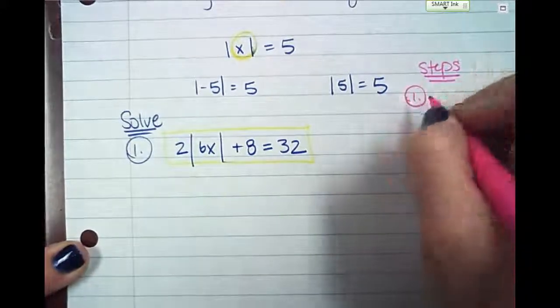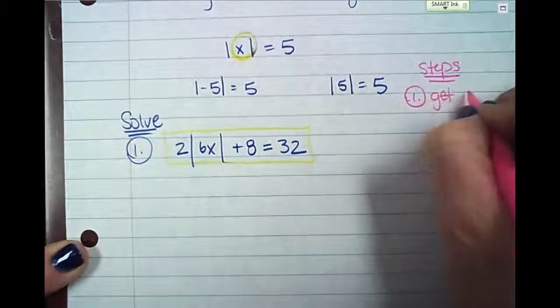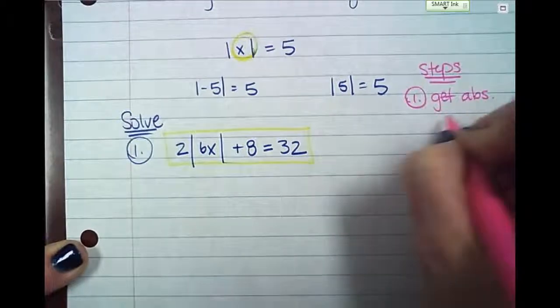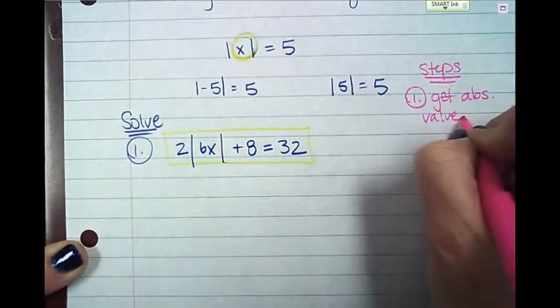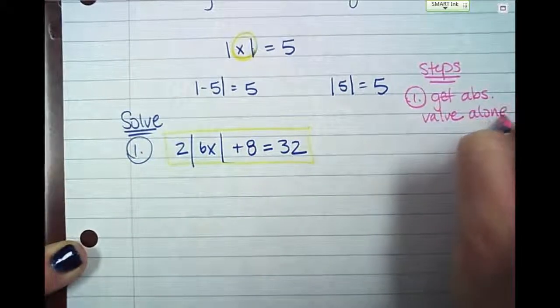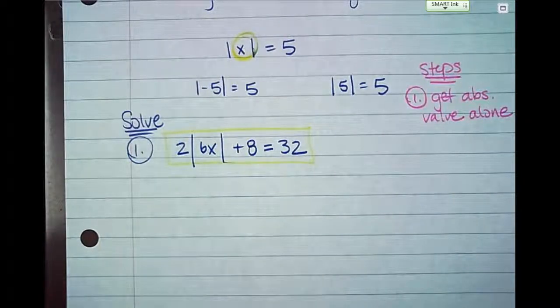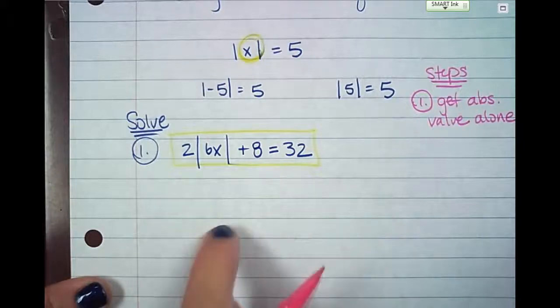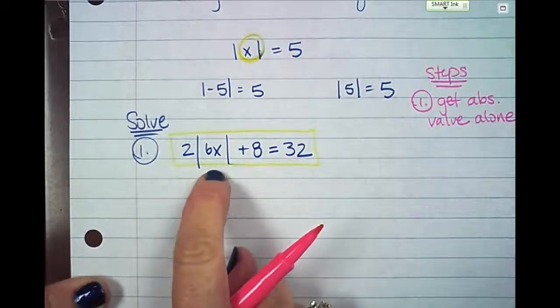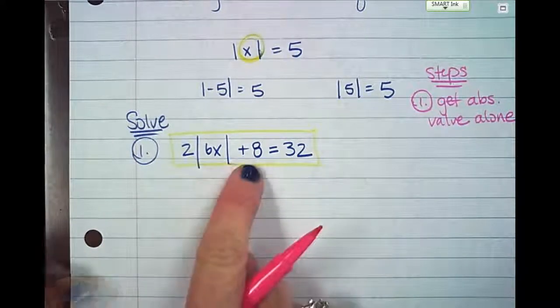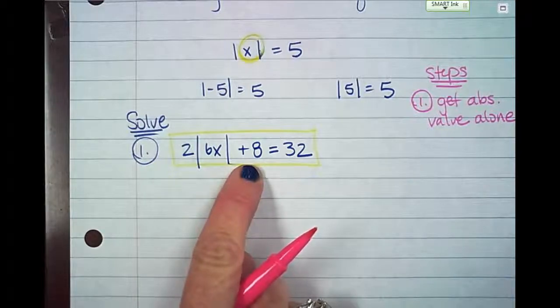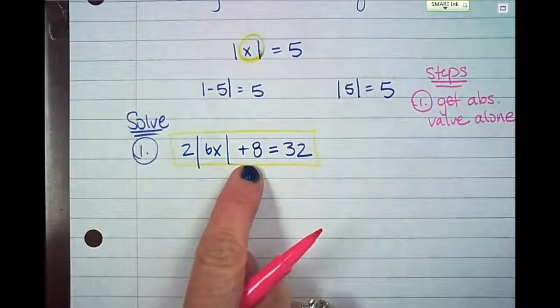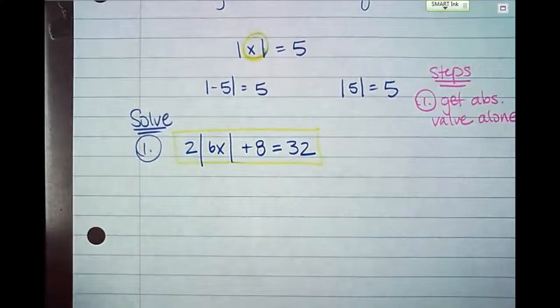Step 1, you want to be sure that you get the absolute value alone. In other words, if you take a look at this, here's my absolute value, my 6x, but it's not by itself. It's got this 2 and this 8 in the way. You're not allowed to solve it until on the left side is only the absolute value. That's all. So step 2,